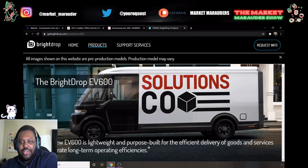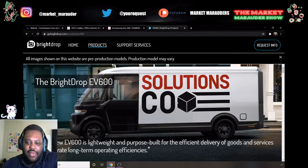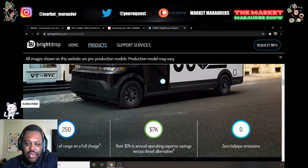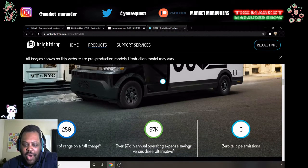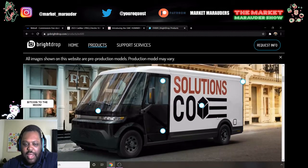I think it was not Freight, but the name slips me. But one of the FedEx lines definitely is going to be using one of these. And so FedEx already has a contract with them for their Bright Drop vehicles. So it has up to 250 miles of range fully charged, over 7K in annual operation expense savings versus a diesel alternative, and zero tailpipe emissions. So definitely a great